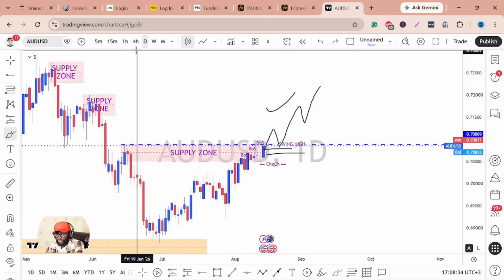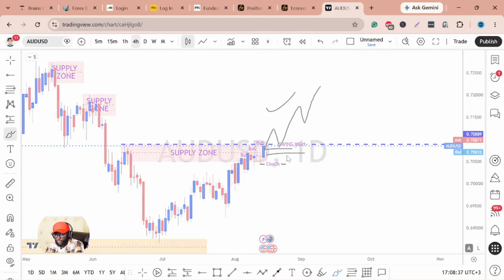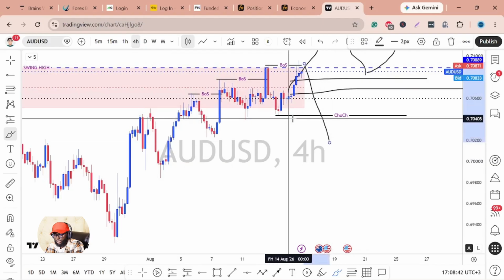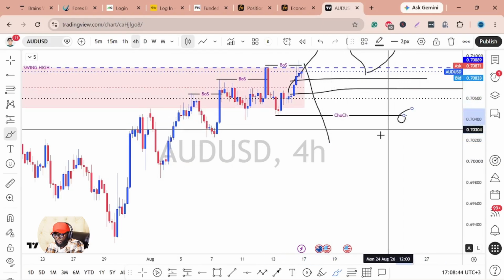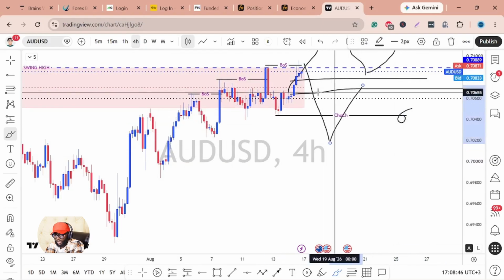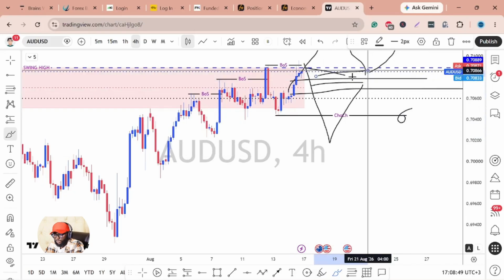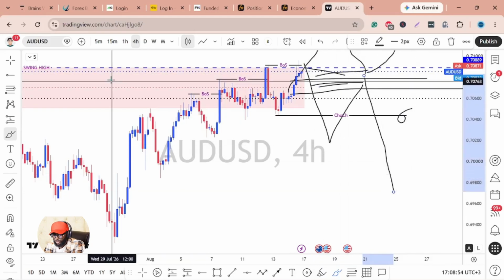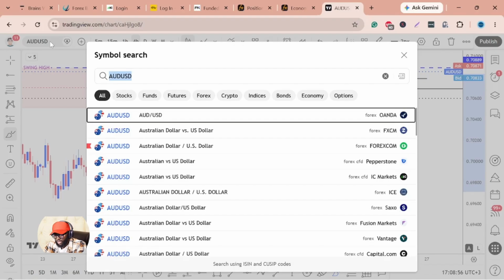And of course I've already mentioned that for sales, you want to see AUD USD doing this change of character, breaking this level here, because this is a protected low for the buyers, and then do a pullback to the supply levels that we will have left here for us to look for short confirmations. That is it for AUD USD.